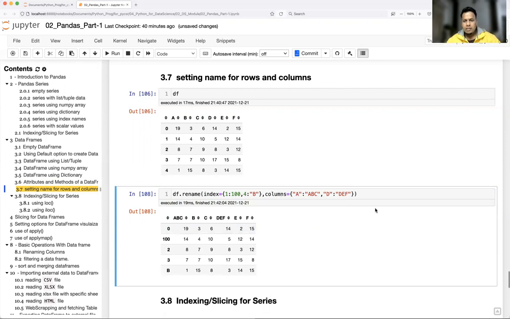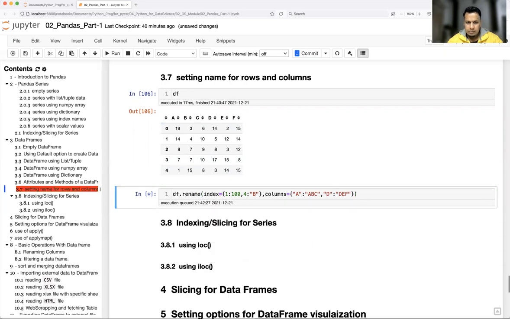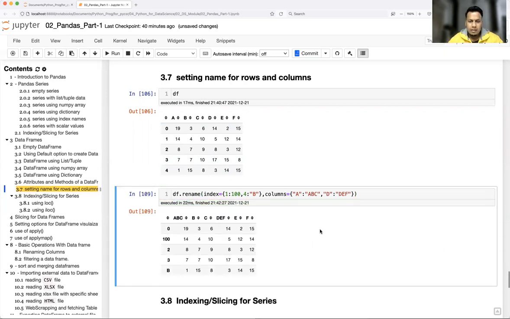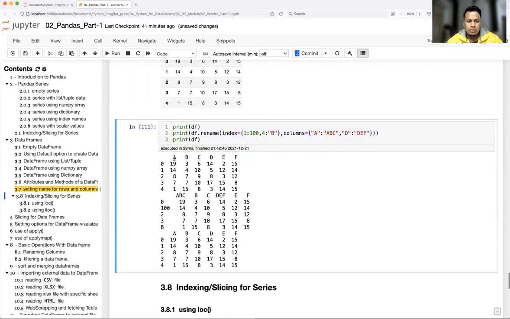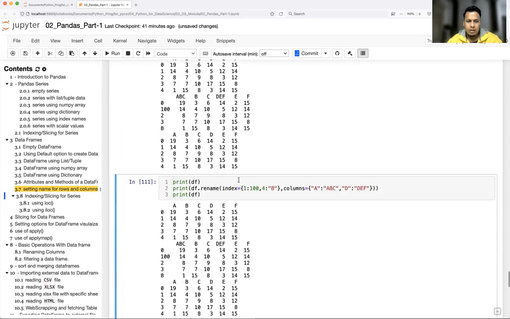Another thing to know about this function: whenever you do this, it is going to make a copy and return the modified array. But what about the case where you would like to modify the original array itself? Let me do one thing. I'm going to print both df, and print df again. So this is my original array, this is the modified array, and again the original array. But now let's say I would like to modify the original array itself.